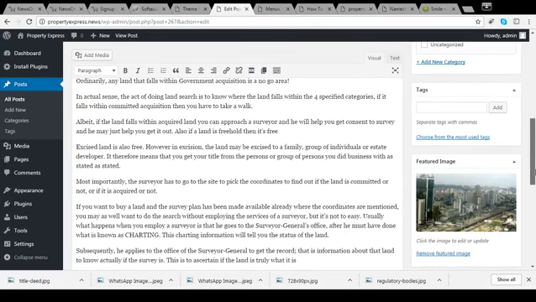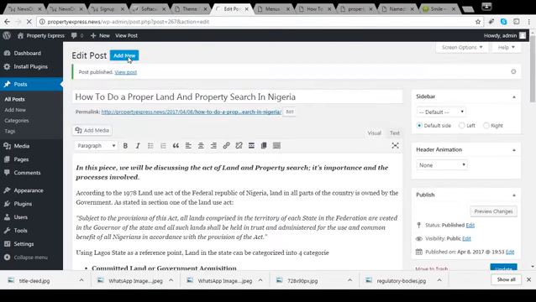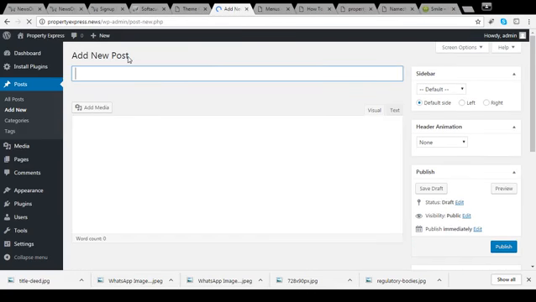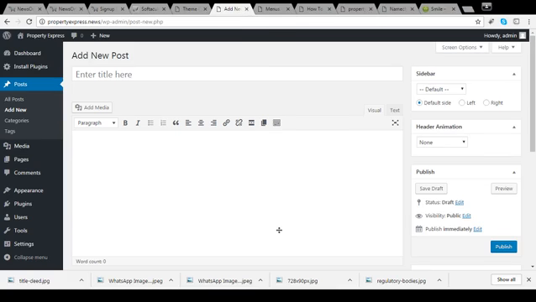So it's just simple. You add a new category. Add new post. What is going to be the title of this new post? Why building on floodplain should not be completely ruled out. Should not be completely ruled out. That's the topic of the post. Alright, so you have the post